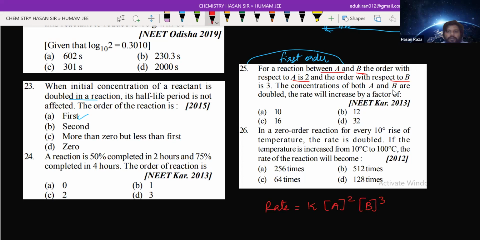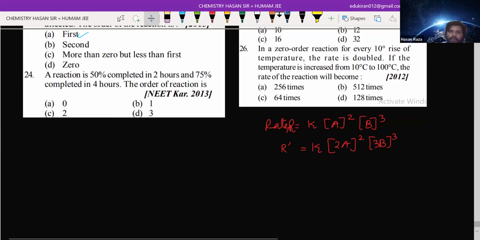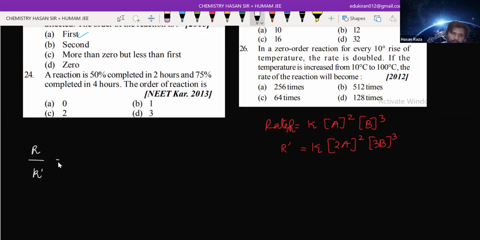Now the concentrations of both A and B are doubled; the rate will increase by what factor? Let's say this is your rate R. Now R dash will be equal to K, the rate constant, which only depends upon temperature, so K will be as it is. A is doubled as well as B is doubled. So I'm only going to take the ratio, R upon R dash. R is basically K into A square into B cube, upon K into